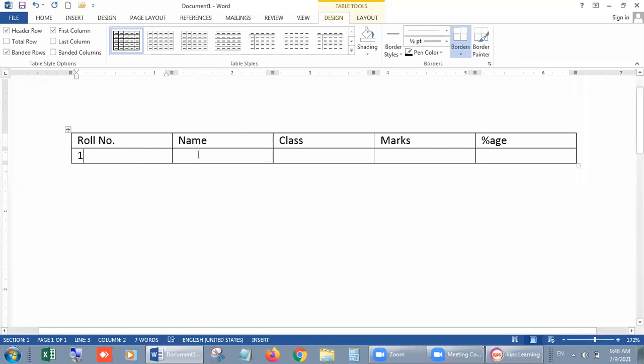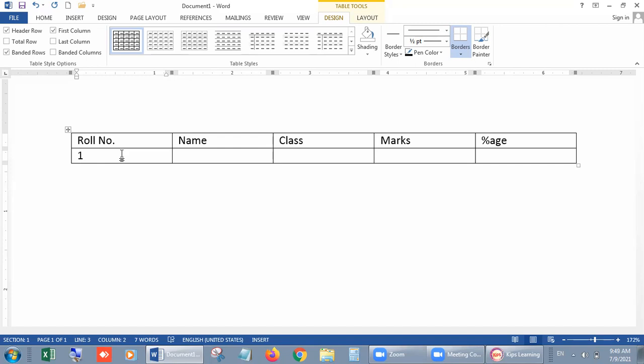Look, students, if you want to use the mouse, then you can directly click inside the next cell. Otherwise, you can just press the tab button. On our keyboard, on the left-hand side, we have this button, Tab. This is a single button on our keyboard, like Shift, Control and Alt.